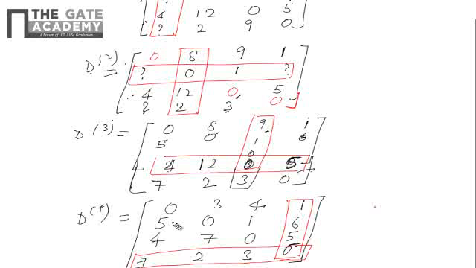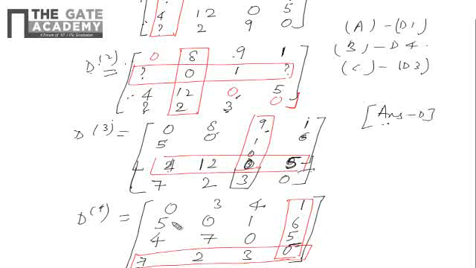So this will be the final shortest path matrix. Now check the options. A is matching with D1, B is matching with D4, you can verify. Now C is matching with D3. Again D cannot be C, right, because it is again the third row, third column, and you can verify the results. It is 12 over here, so this is wrong. So the answer is D. Thank you.